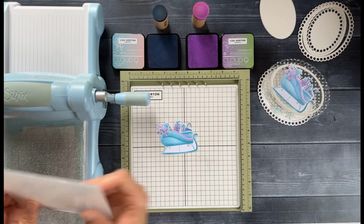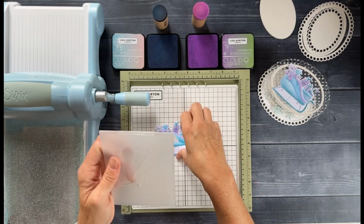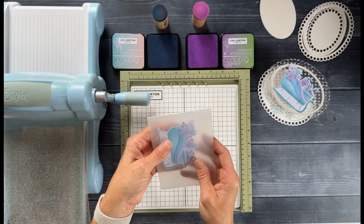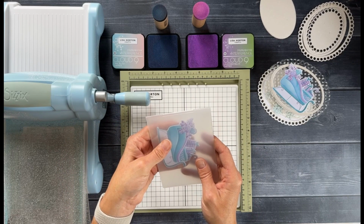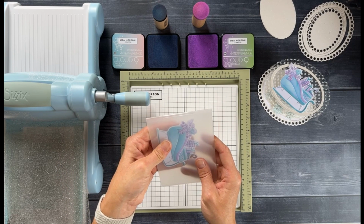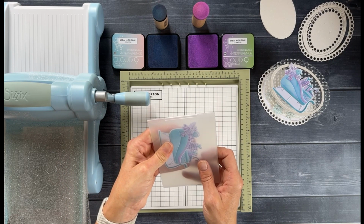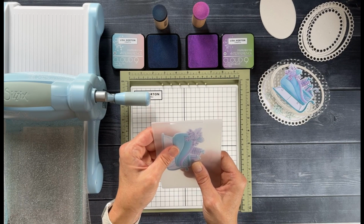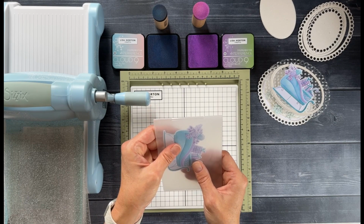So I will emboss this for you now, and then we can go ahead and start constructing the card. So just as you take your time lining up your die with your stenciled image, it's worth taking that time again to line up your die cut in your embossing folder. Okay,